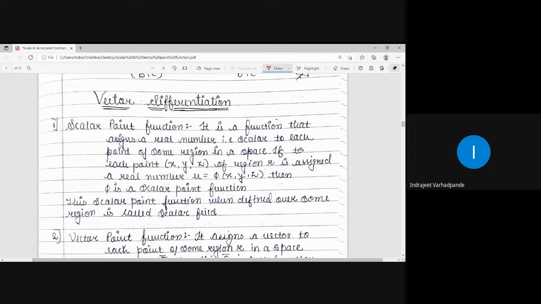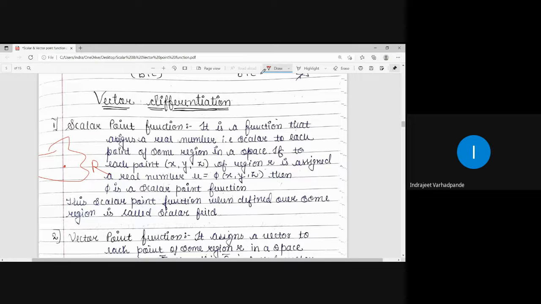See, there might be two different kinds of functions. One can be a scalar quantity and another can be a vector quantity. So namely, we will be calling them a scalar point function and a vector point function respectively, so as to get further clarification regarding the derivative of those functions with regard to a region in space. So herein we consider any region, say R, and a particular point is assigned a value. Depending on the nature of that value, we can distinguish between scalar point function and vector point function.